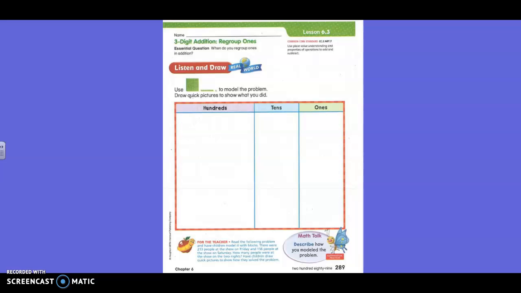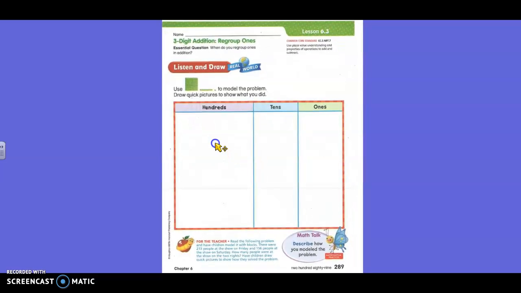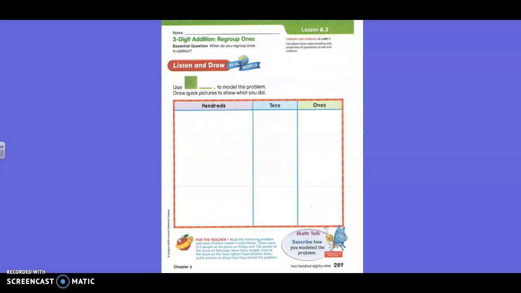There were 213 people at the show on Friday. Let's write that. Now I know that we have all the space, so we're just going to write it in the middle. 213. I'm going to put the hundreds and the tens and the ones ready to go. Just going to make it very big. Okay? So 213 people at the show on Friday, and